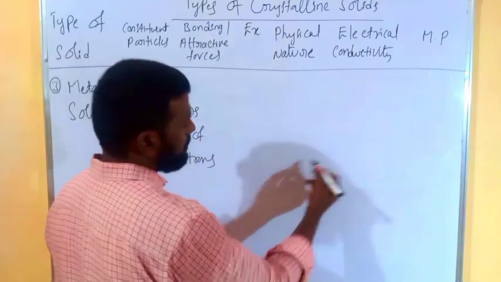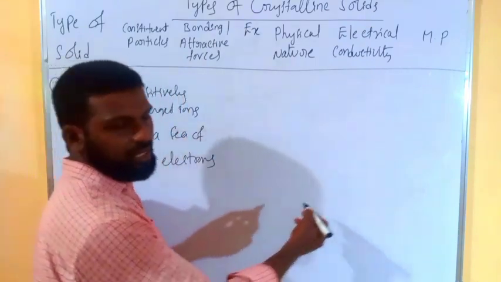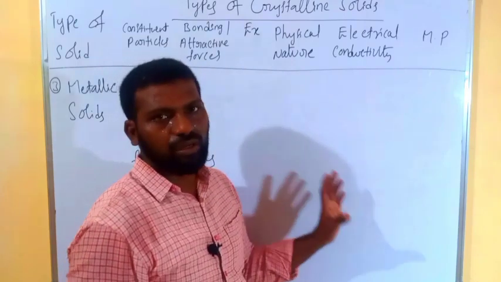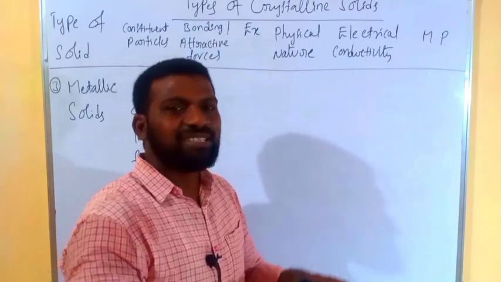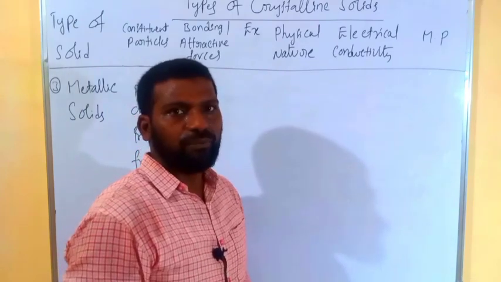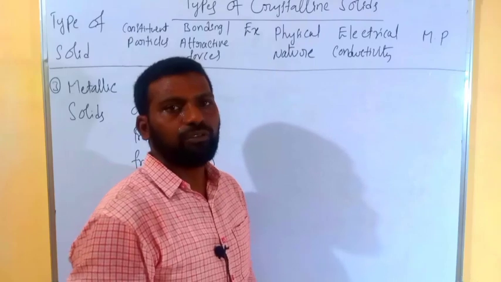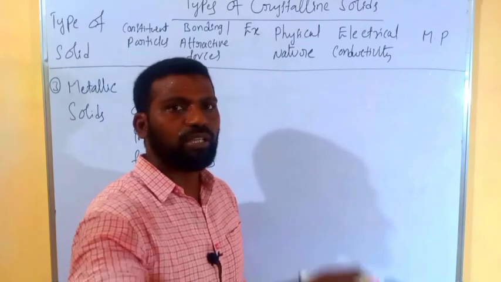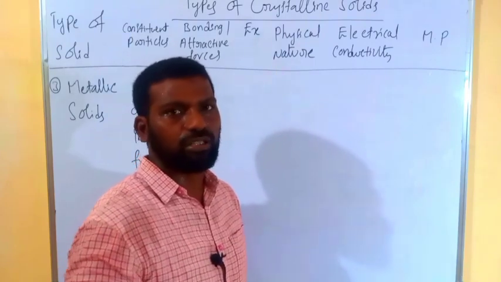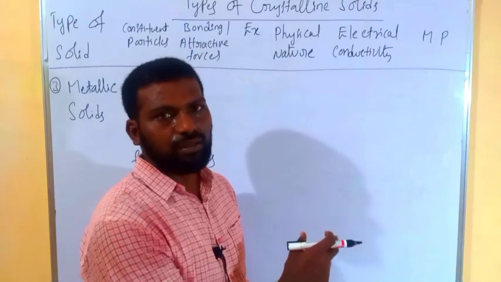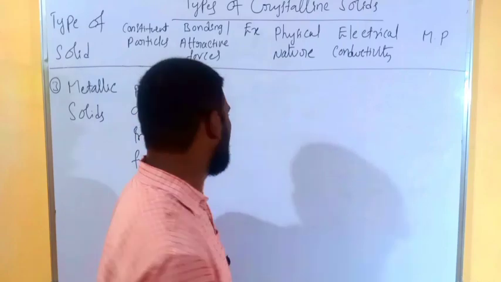Just now I have given an explanation regarding the sodium metal crystal, where all the positively charged ions are there in a sea, an ocean, of electrons. There is a huge number of free electrons. Free electrons are moving here and there like flowing water in a sea, but the kernels, or positively charged ions, are fixed.